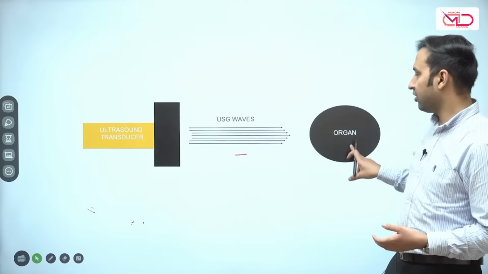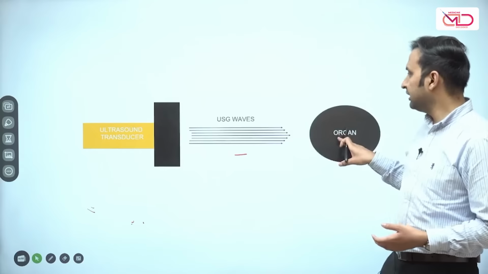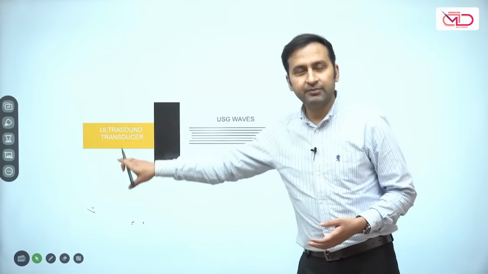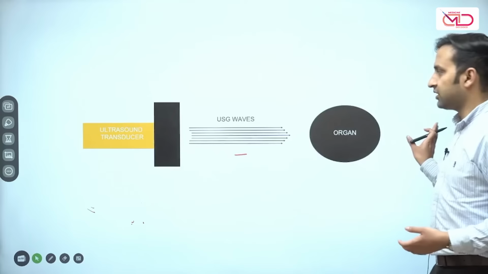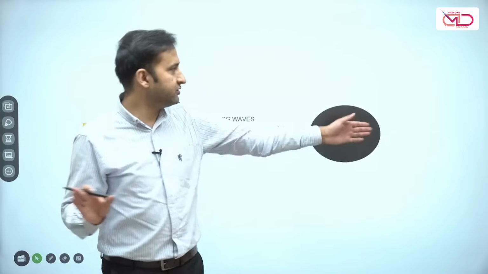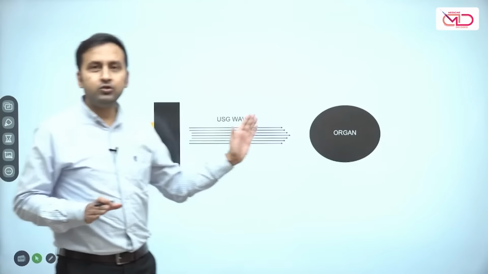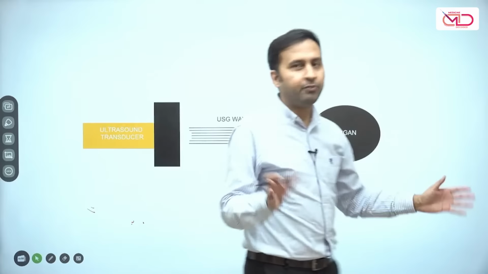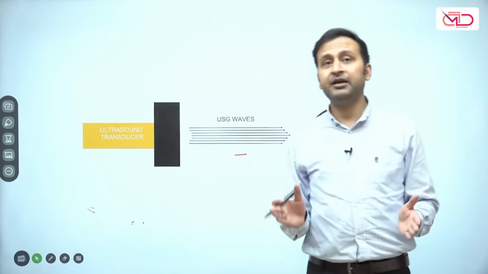This is that particular organ. The sound waves hit that organ. Some are reflected back, which form an image on a transducer. And whatever sound waves are passed off are going to be of no use to the ultrasound transducer because the transducer won't pick them. All those sound waves which are transmitted will not produce any image on sonography, and that will appear black.